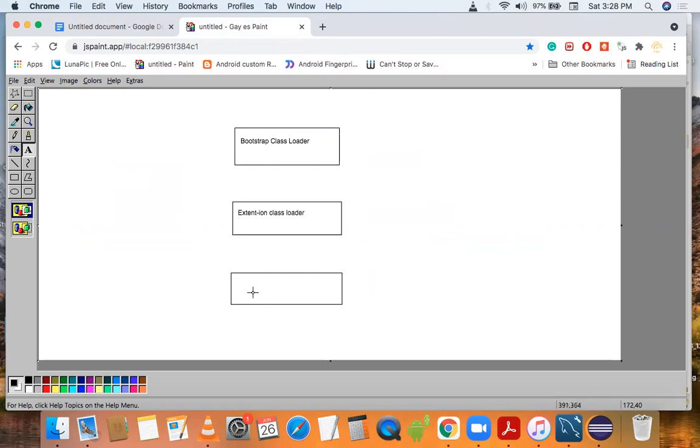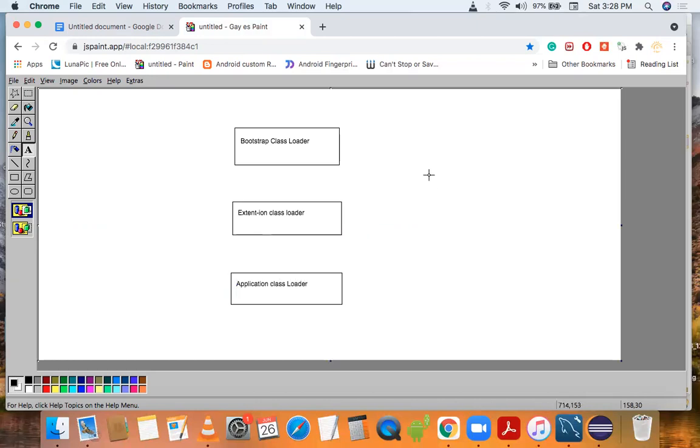The third one is the application class loader.